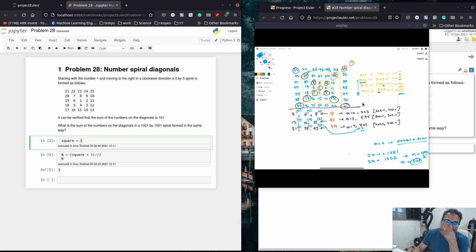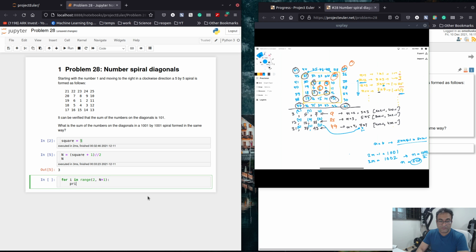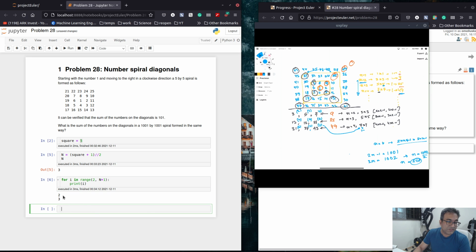So that's good. Now we want to figure out for i in range, so I have to go from 2 to this capital N plus 1. Okay, print i. So we have 2 and 3, so we have this and this, and when n equals 2,